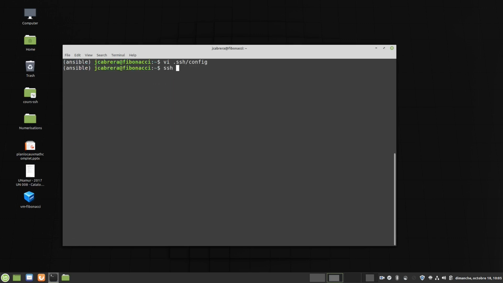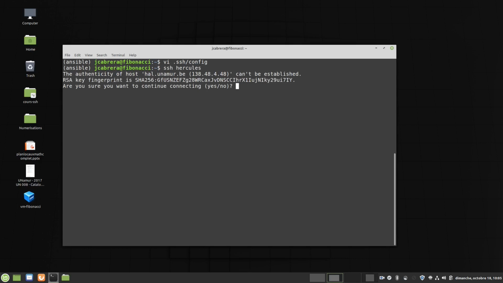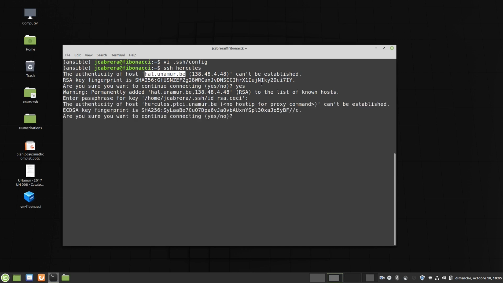Now I can connect, for example, to one of the clusters. First time you connect, you will receive the gateway public key. Then you have to enter the passphrase to decrypt the key to connect to the gateway. Now you will receive the public key of the frontend.